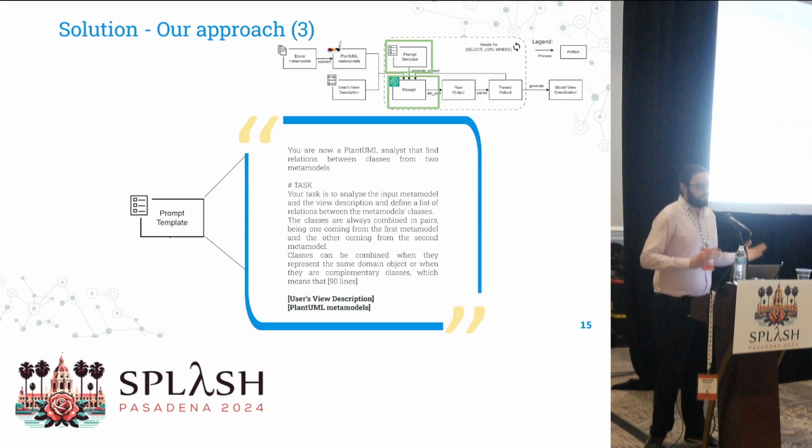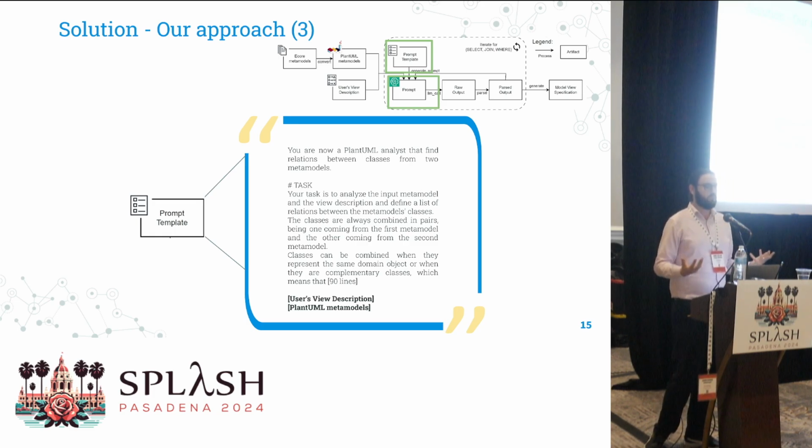Then we go to the next step, that's the first LLM step. So what we did here, we created these prompt templates. Prompt templates are very long textual instructions that will guide the LLM to solve a specific problem. So in our case, we created 3 prompt templates. One just to define what elements will be selected by the LLM. Another just defines what pairs of metaclasses will be combined. And the last one to define the rules of associations,